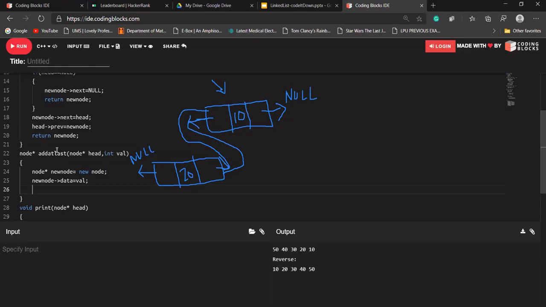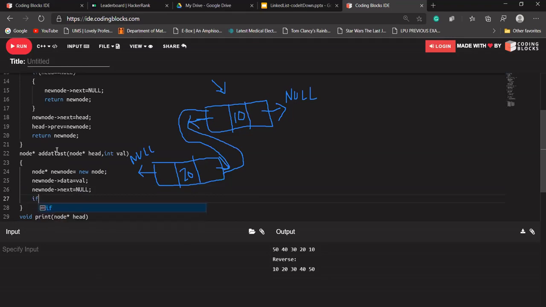So this time what we are doing, we are adding our node at the last of our linked list. So what we know, if we are adding something to the last of our doubly linked list or linked list, so last node's next always points to a null value. Is that clear with everyone?